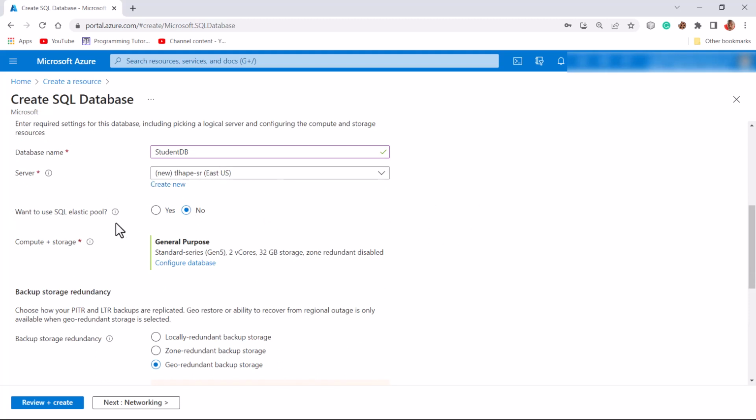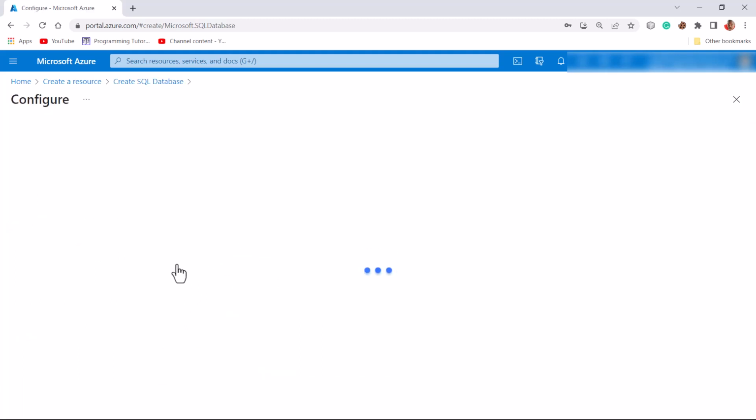I'm not going to use elastic pools. I'm going to use this database to store data, and it's for a small application. So the next thing that I will need to configure is the compute and storage. Like I said, this is just a small database that I'm going to use. So I'm going to go ahead and configure database,